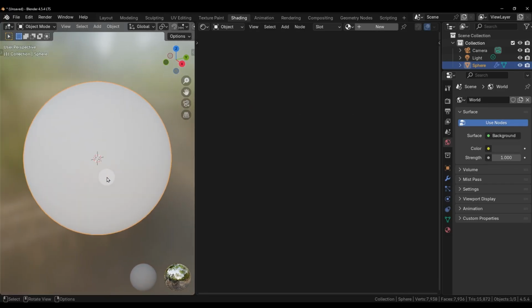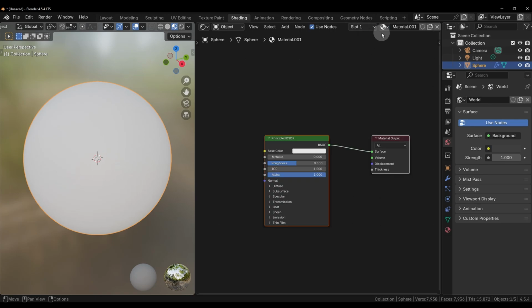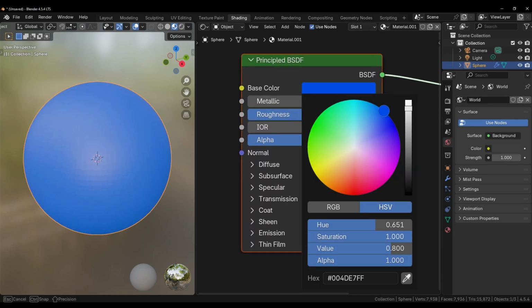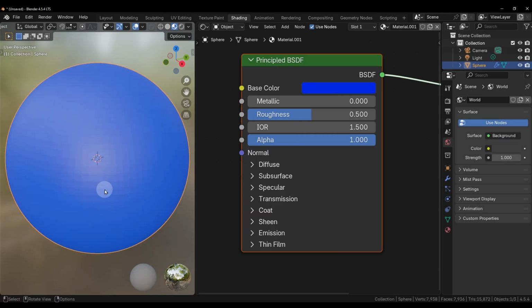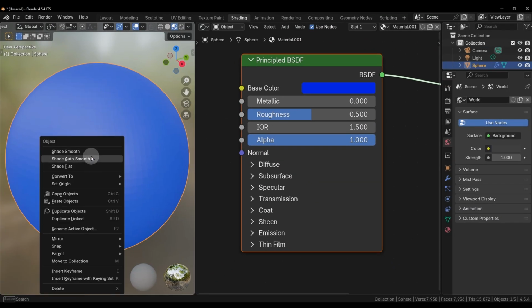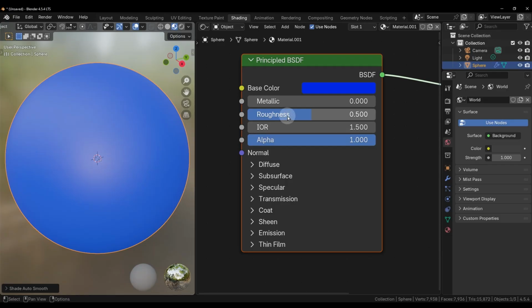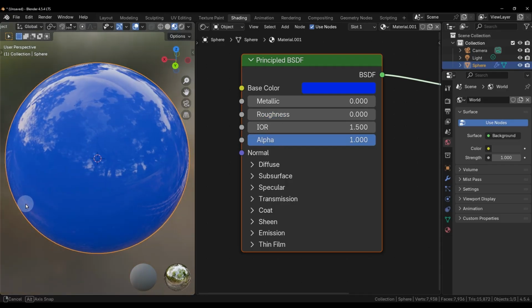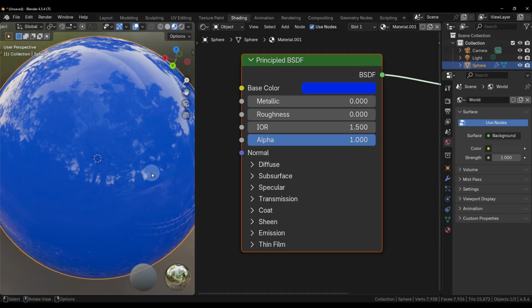by numpad full stop. The next thing I'm going to do is click on the new material, make sure that it has a nice bluer color, and because it's looking like a faceted look, I will right click on this thing, go to shade, auto smooth, and reduce the roughness to show the beauty of the world in the form of reflection. So if I increase this roughness,